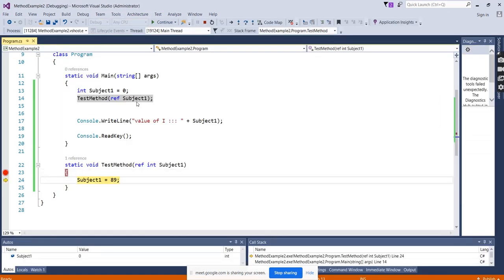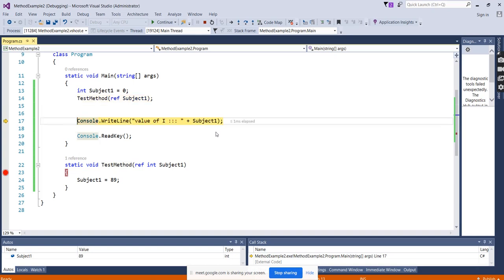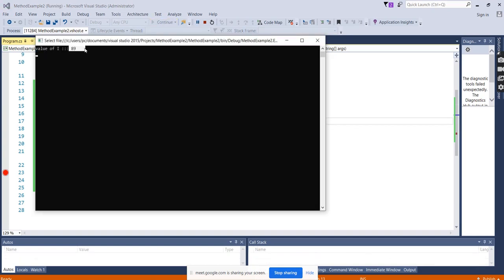Okay, the default value is 0. I came here, I modified the value. So what is the subject now? 89. It got modified. Now we have to see whether this Console.WriteLine is going to display the value 0 or 89. Press F10 and run the method. What is the output now? Output is 89. You can see it is reflected now.